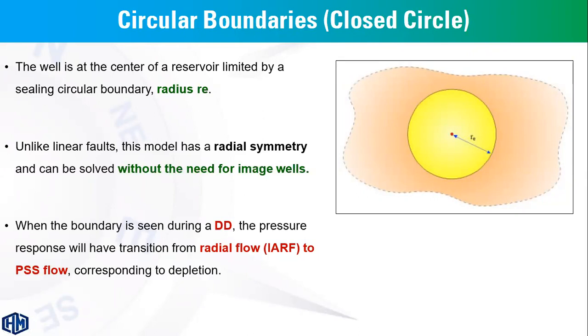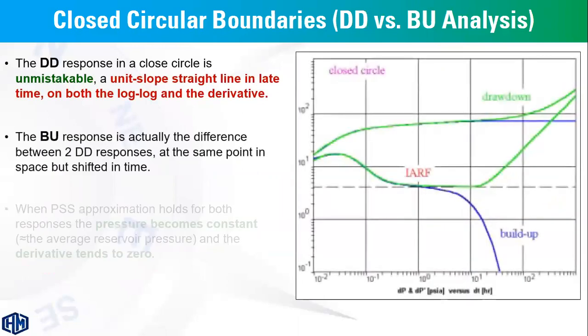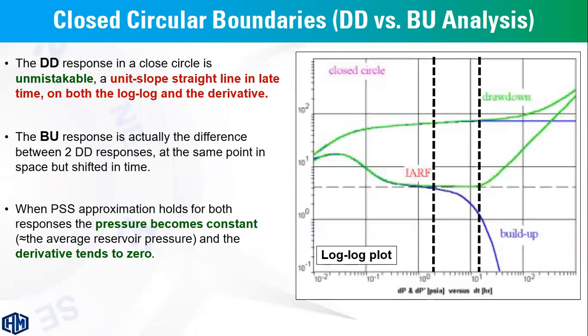For circular boundaries or closed system, as you can see, we assume the well is at the center of a circular homogeneous reservoir of external radius RE. So the behavior of the log plot in this case will be dependent on the type of test, drawdown or build-up, and the shape of the boundary, circle or rectangle. So this is the typical response for the closed circular reservoirs. As you can see, at first we have wellbore storage, followed by skin, infinite acting radial flow for the horizontal derivative, and